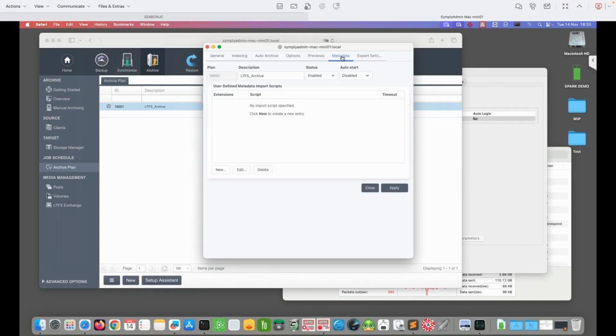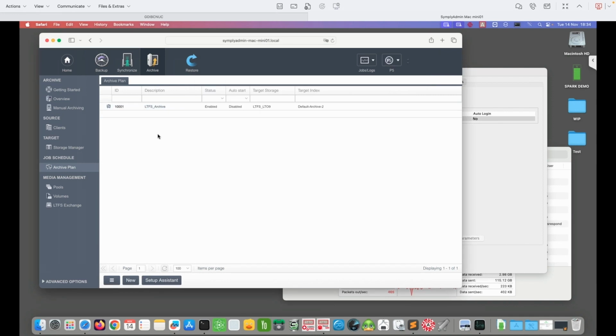And we can even import metadata. We've not configured that in this demo, but we can import metadata from the media files. So you can also search on capture dates and codecs, or anything that we can ingest technical information from files. So the archive plan is just a couple of seconds really to set up,